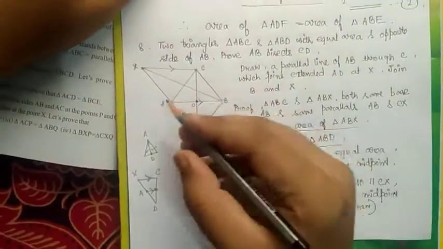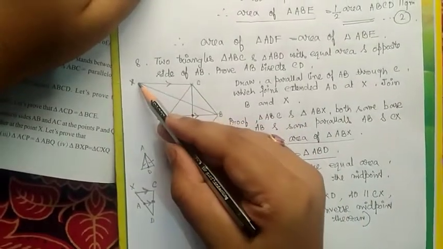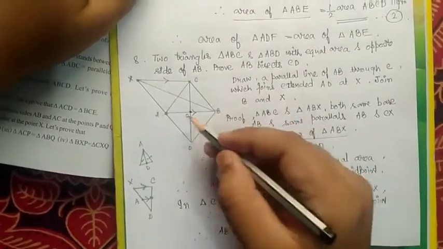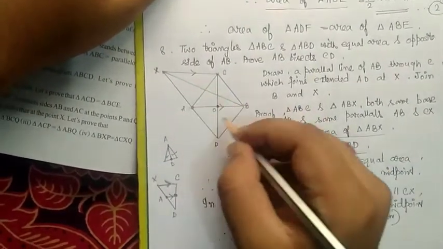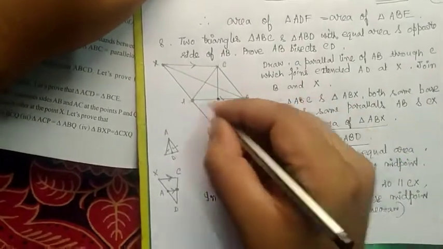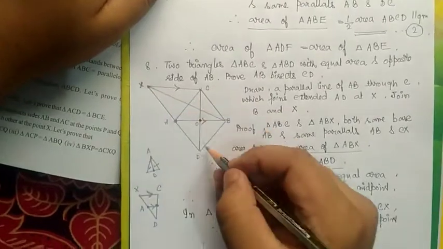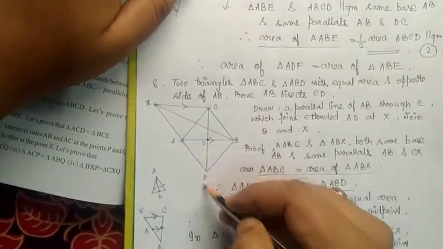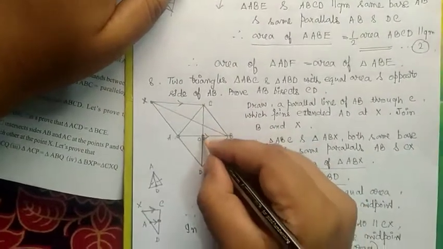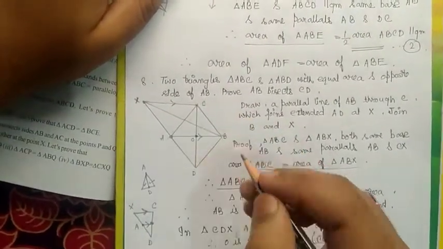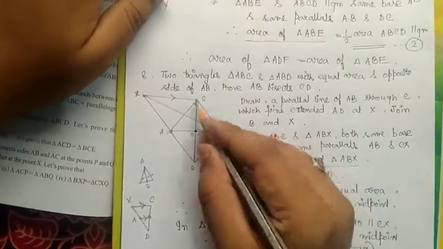And previously we said that ABC and ABD are equal in area, therefore ABX and ABD are of the same area. So therefore BA is the median and A is the midpoint. If A is the midpoint, now we consider triangle XCD where A is the midpoint and AO is parallel to CX. So therefore O is the midpoint of CD by the converse midpoint theorem. So therefore we can say that CD and AB bisect each other.